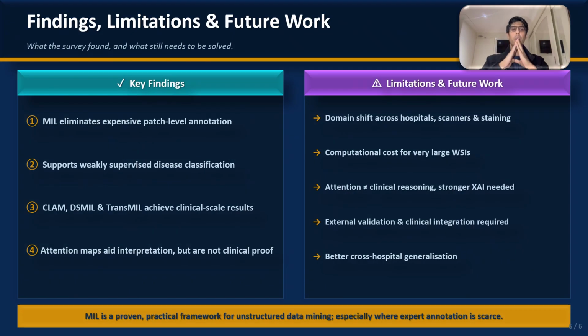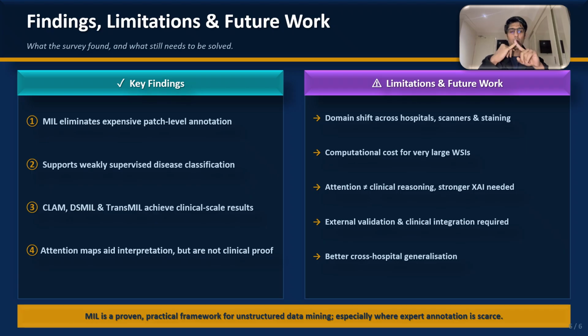Now I'm going to talk about my findings and conclusion. The main finding is that MIL is a practical solution for weakly labeled unstructured data in pathology. It reduces annotation cost and supports disease classification from slide-level labels. However, attention maps are not the same as clinical reasoning, and models can struggle across different hospitals, scanners, and staining protocols. Future work needs to focus on better explainability, cross-hospital generalization, and rigorous clinical validation before these models can be